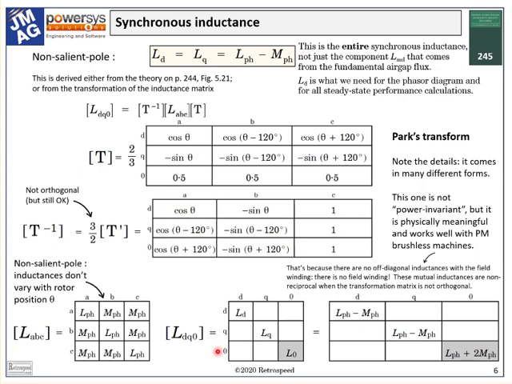Before we leave this slide, we should just note that the 0 component is a mathematical requirement to keep the transform matrix square, so that we retain a determinate set of 3 equations, having started with 3 equations. This principle is not spoiled by the 3-wire connection, but merely simplified in that the zero current component is 0. The 0 component is called the zero sequence component, and for fault conditions when the 3-phase currents do not sum to 0, we must include it. But we can forget about it here.